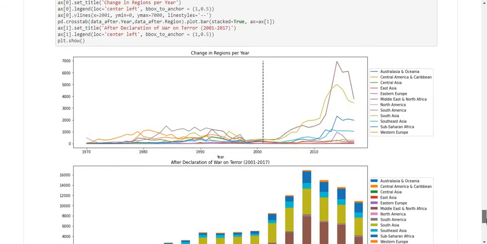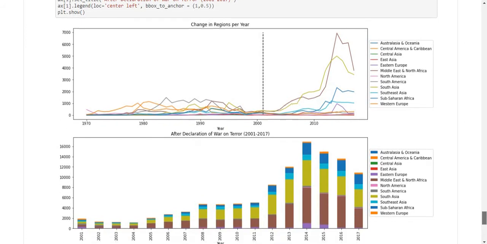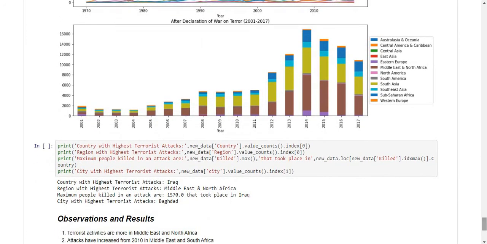We plot a line diagram and subdivided bar diagram, and see the country with highest terrorist attacks is Iraq. Region with highest terrorist attacks is Middle East and North Africa. Maximum people killed in an attack are 1,570 that took place in Iraq, and city with highest terrorist attacks is Baghdad.